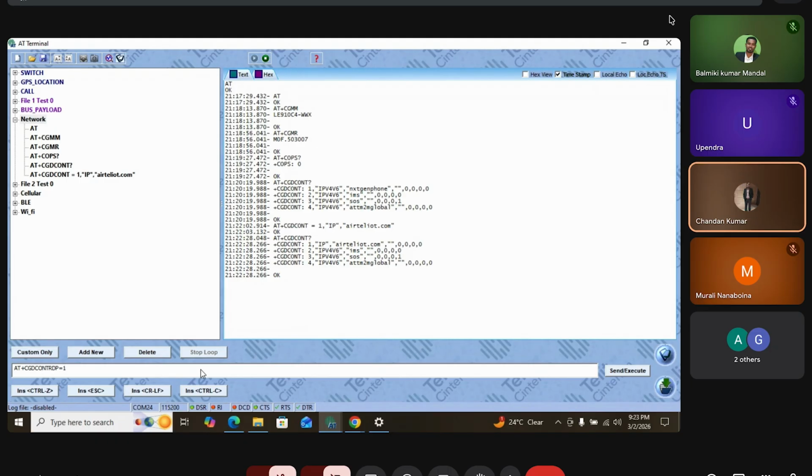Now I'll use the next command, and it's saying error. That means this command is not supported in our module. So we will not use this command. Okay, so till now for network purpose we have got 1, 2, 3, 4, 5, 6 commands. Now from the datasheet I'll check what these commands mean. So I'll just copy this first command,